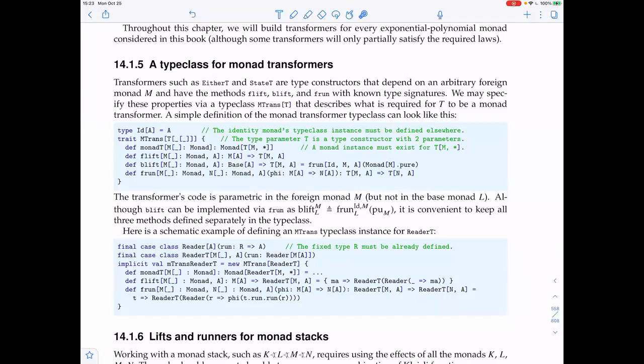So the foreign lift and the base lift must be available. And then there is another method which is called foreign run, which allows you to transform one foreign monad into another inside the transformer. So this is an interesting method, which actually is not available for all monad transformers. It is often available, but not always. And this method means that